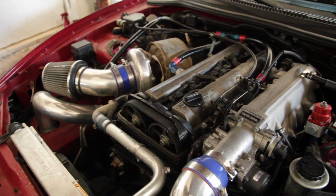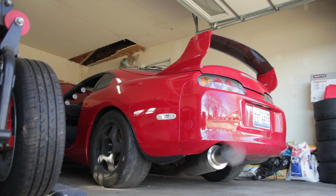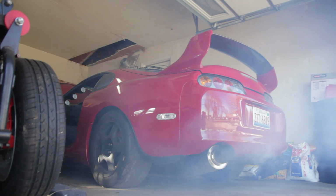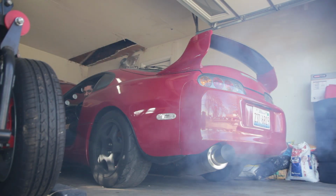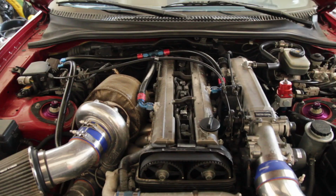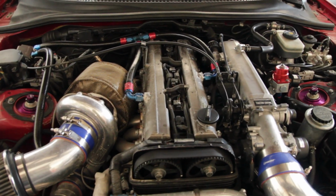So currently, guys, the Supra is pretty sick. We had an issue with our engine management. So yeah, as you can tell, it needs some help, and the reason this is happening is actually because our